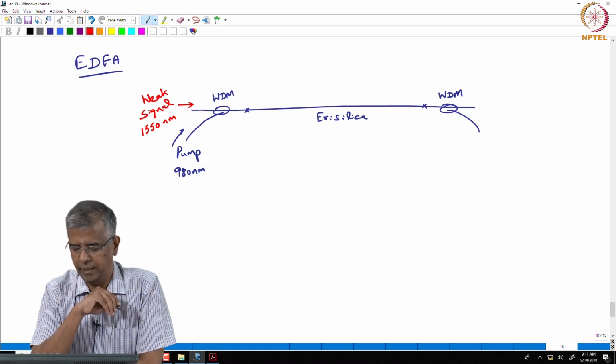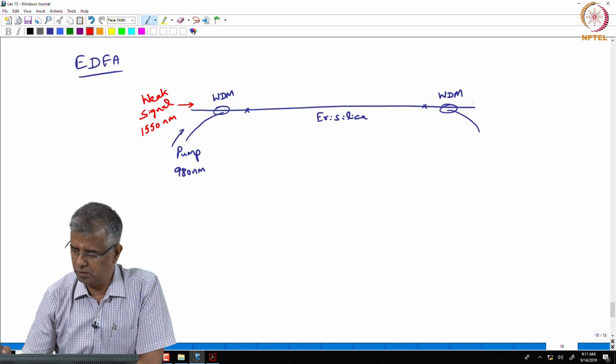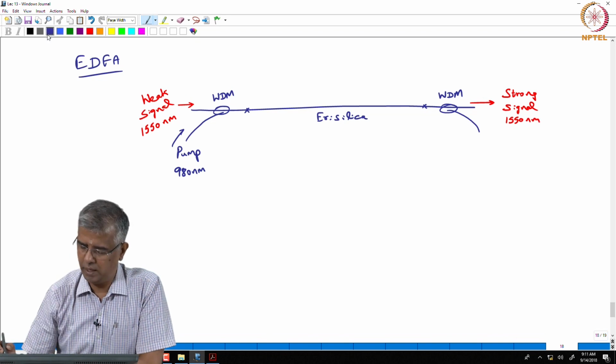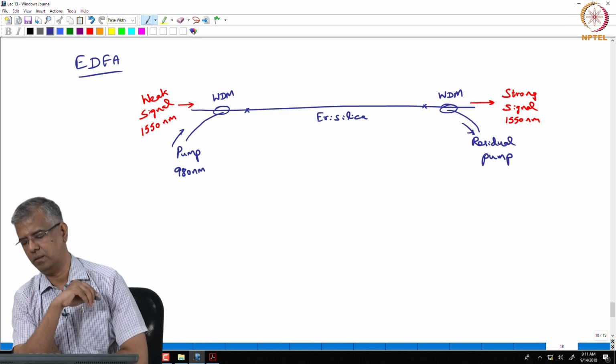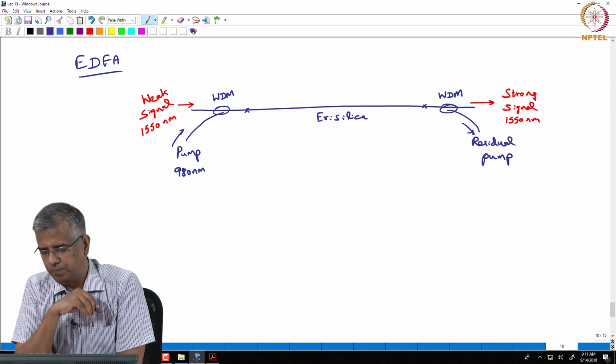Okay. And on the output side, you have a strong amplified signal at 1550 nanometer, and then you may have some residual pump radiation